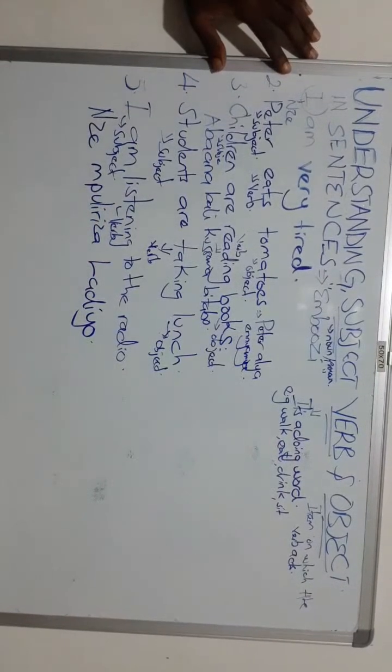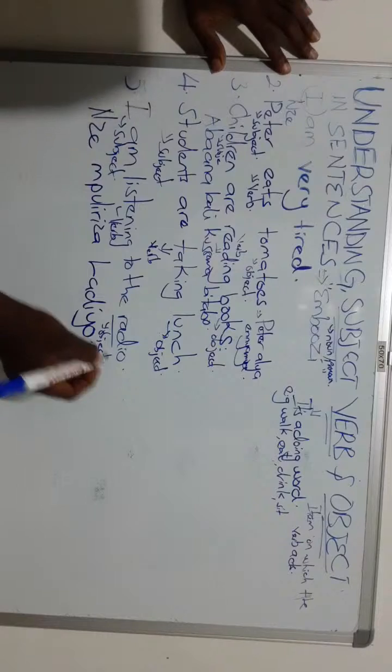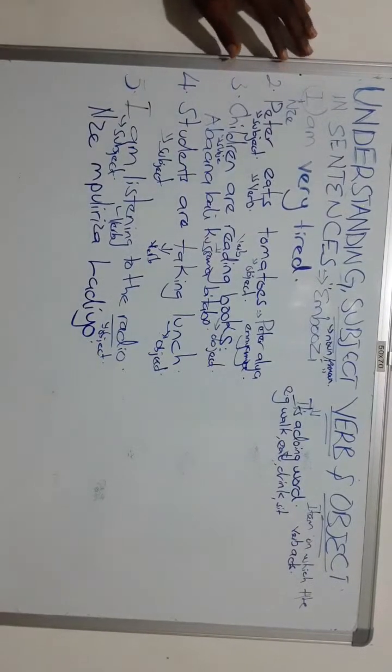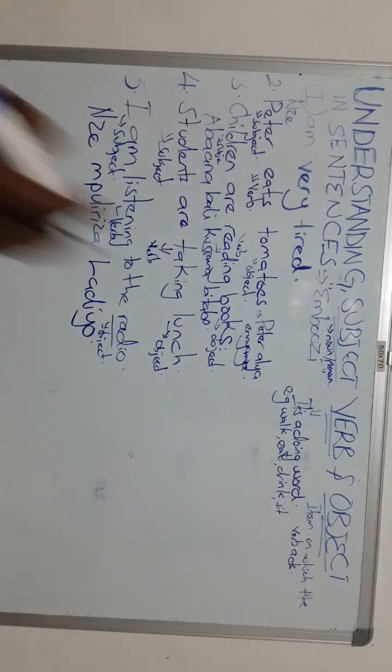Kubanga owuliriza, ekikolwa kiri kuwuliriza. Owuliriza ki? Radio is going to be my object. Ndowooza tuli fena. Hope we are together on that. So eyo ze bayita subject, je bayita verb, je bayita object.